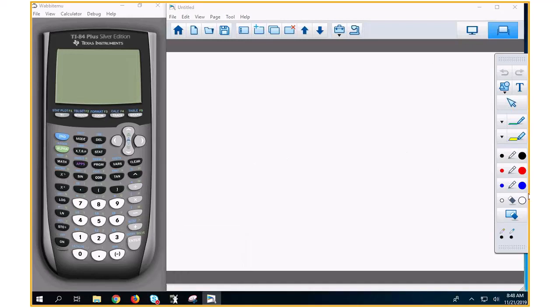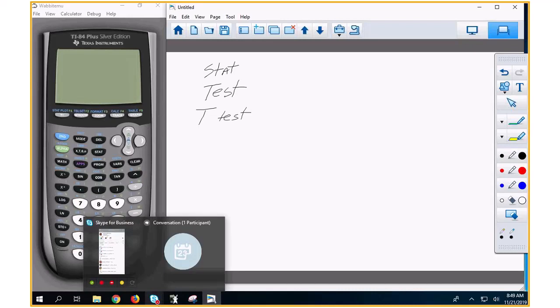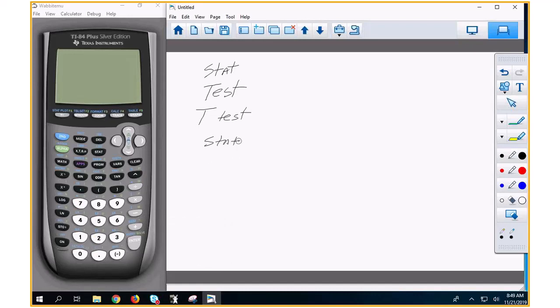So, stat, test, t-test, and you're going to type in, and make sure it says stat. I forgot to tell you that. If it says stat, that means somebody's already figured the information, like the mean and the standard deviation and all that. What if it doesn't? They give you a bunch of numbers. Then you use lists. Doesn't it say list? Data. Okay? Then it'll read L1 or L2.